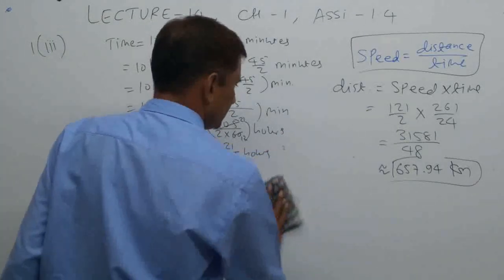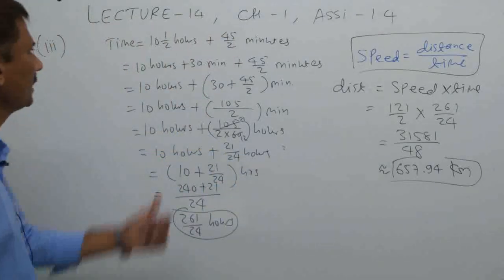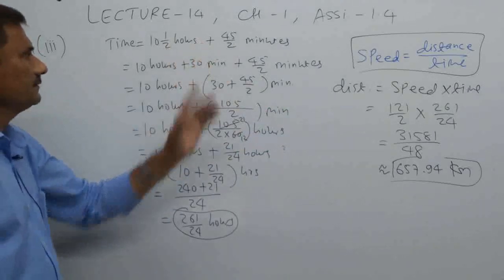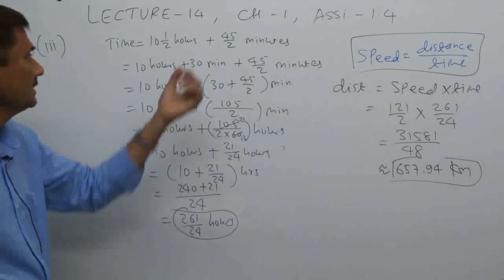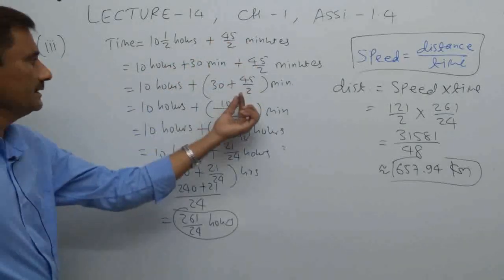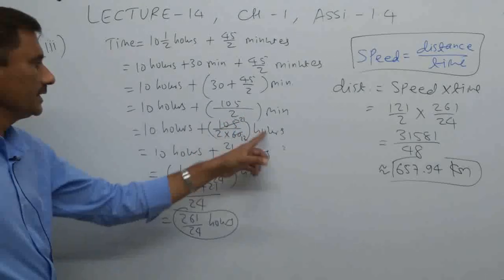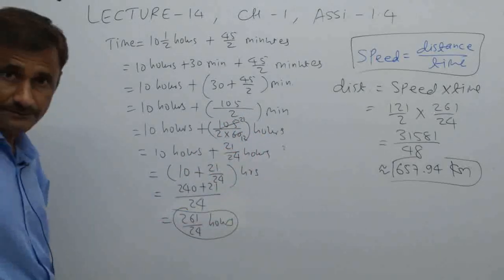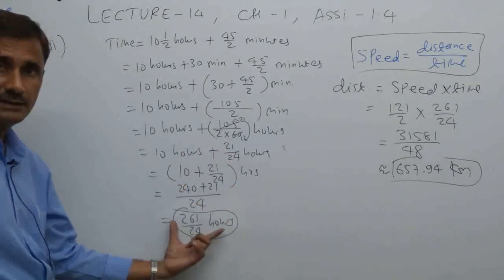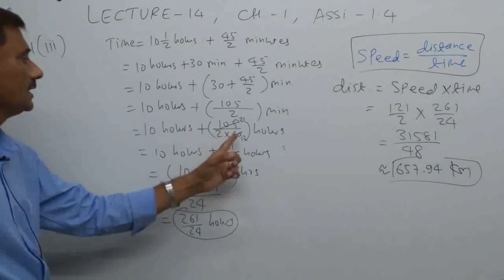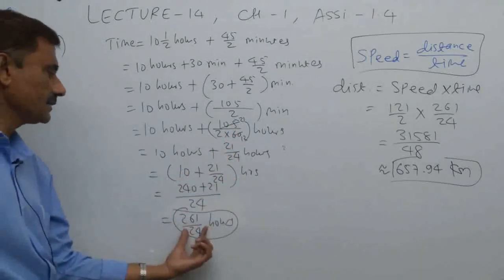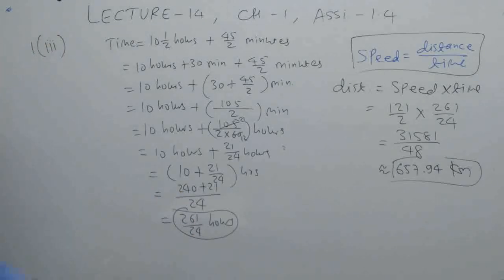Okay, understand? Again, first of all, this is the given time. Speed is okay. Time is somewhat in hours, somewhat in minutes. So I converted into hours, minutes, and this also in minutes combined. Okay, so we got it. Now minutes are again converted into hours. Why? Because we want the total hours, either in fraction or decimal, whatever it may be. So I divided by 60. So cutting is there, we got it, added. So at last we got that one in fraction form.